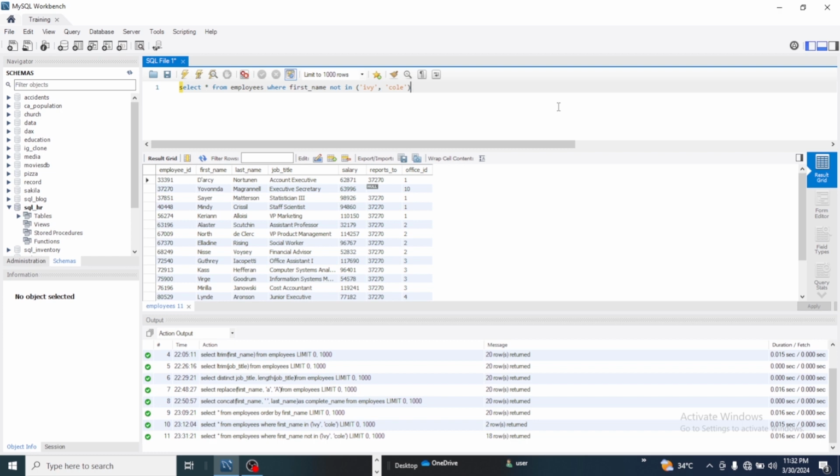And that is what will lead us to our like operator. Use like operator from here. So what we need to do is select all from employees, where